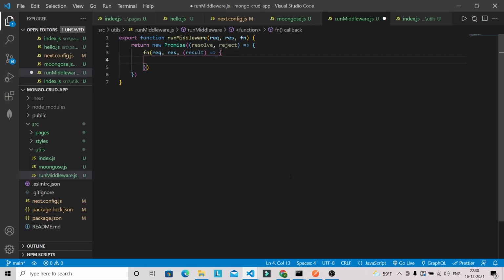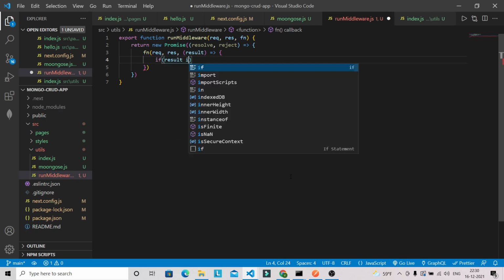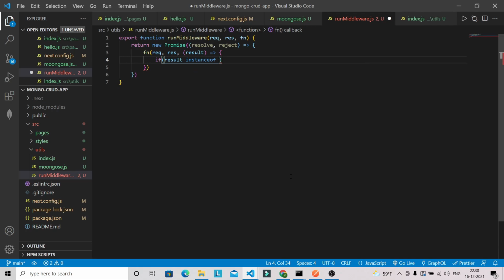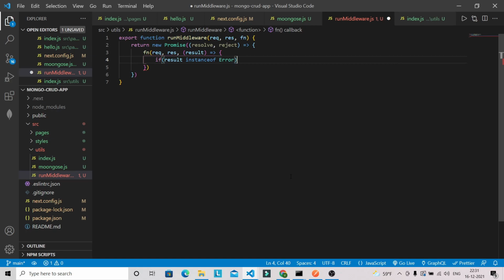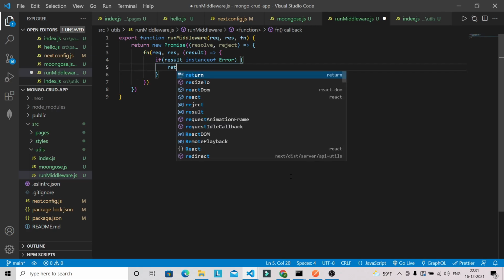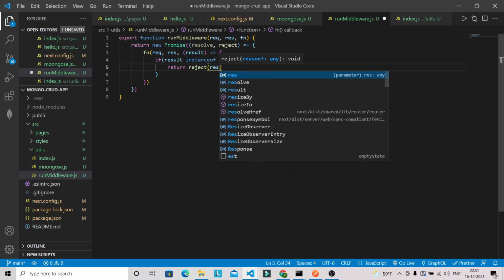So we will have this callback, and if result instance of error, so it will return a reject with a result.